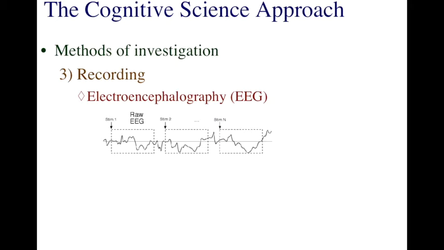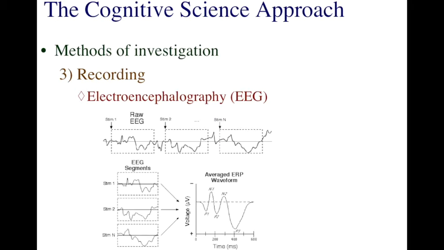However, if you were to take a number of these stimuli, say 50 exposures, and then average them together, what you find is that the averaged waveform, we call it an event-related potential, has a nice, smooth, and consistent shape to it. There are both positive and negative shifts that occur at different times. Most of these shifts are related to some type of brain activity or some type of cognitive process.